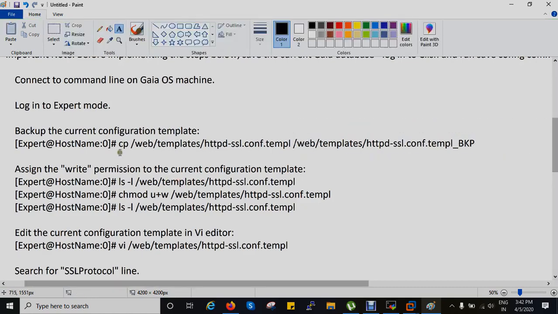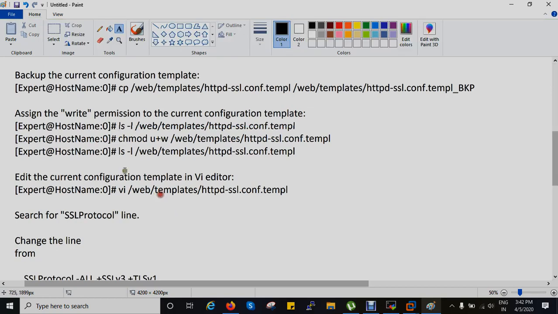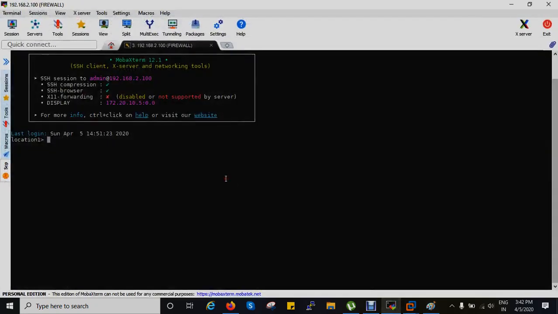Next, assign the right permission to the current configuration template. You have to see the current configuration and assign the permission. Let me show you.